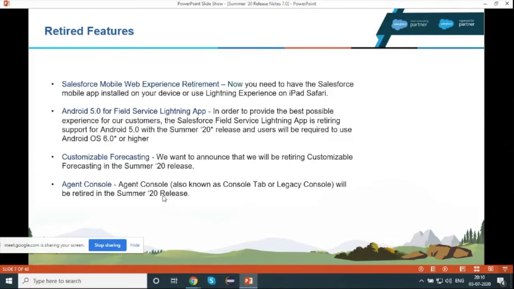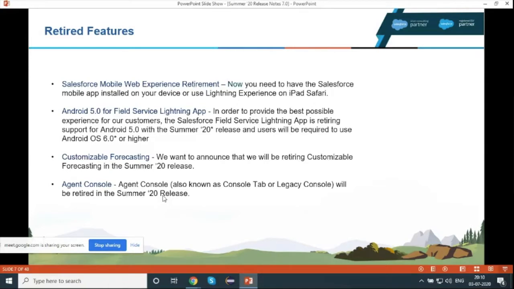Previously, if you wanted to use Salesforce on your mobile, you could either choose the Salesforce app, which can be downloaded from the App Store or the Android store, or you could simply use any web browser to log in to Salesforce. But now Salesforce has restricted that: you cannot use a browser to log in to Salesforce. You must have the mobile app on your phone to use Salesforce.